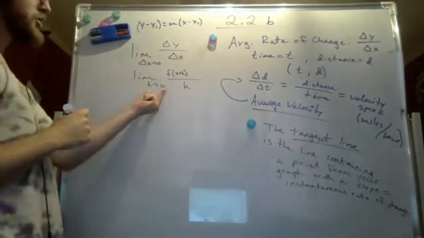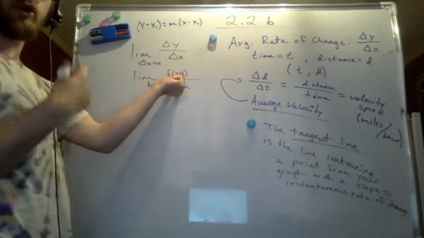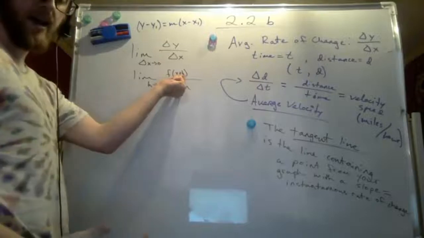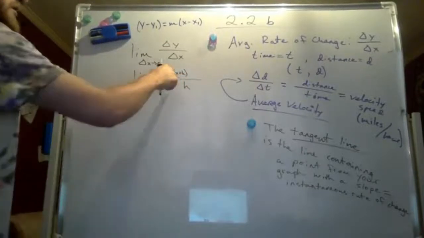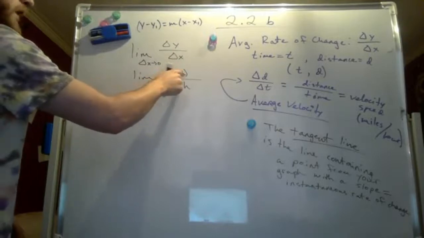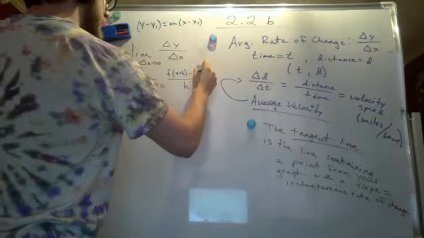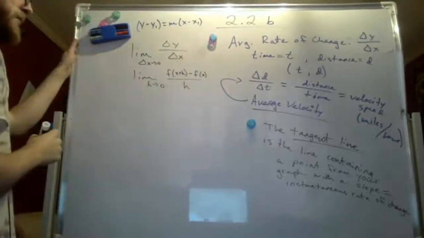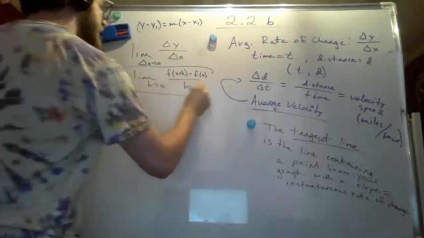Now, this change is going to 0, so this f of x plus h is just going closer and closer to f of x, but for h values that are not 0, this is some new, different y value. That's our change in y, minus f of x there. So this is our limit definition